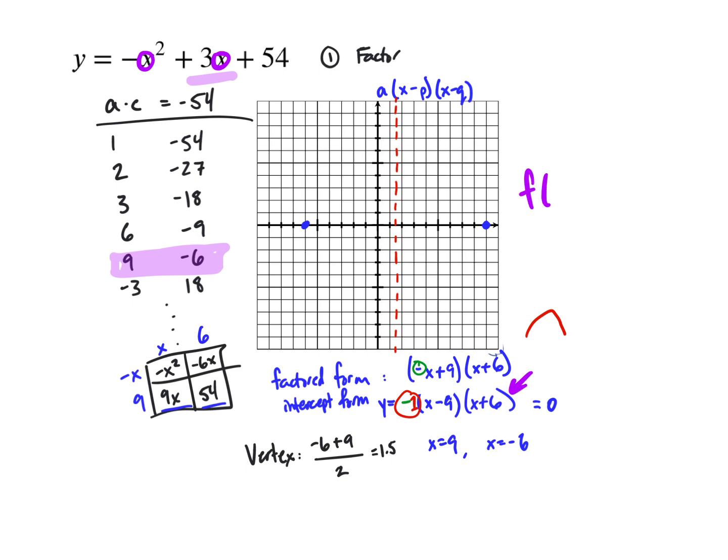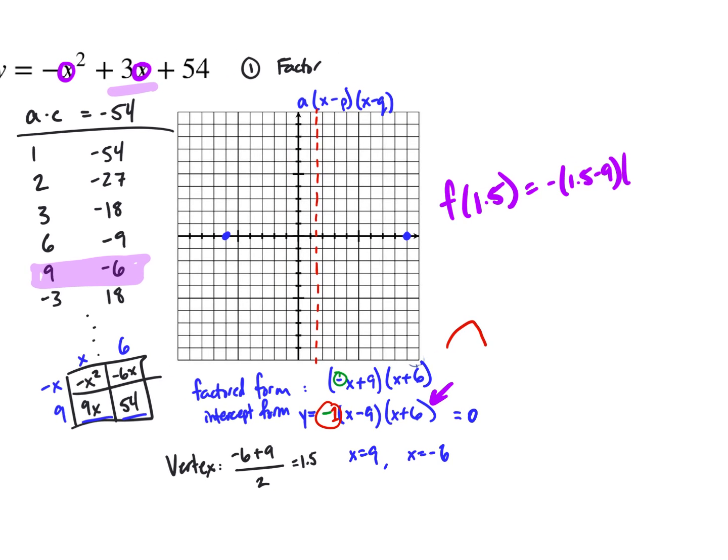So f of 1.5 is equal to negative 1.5 minus 9 times 1.5 plus 6. Okay, so this is negative 7.5 times 7.5,